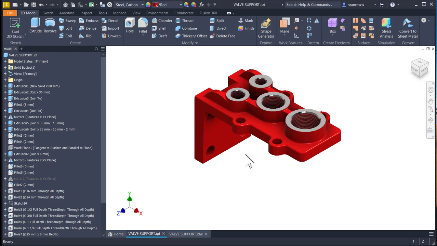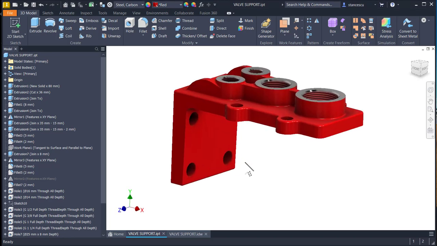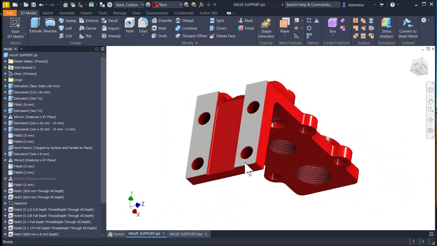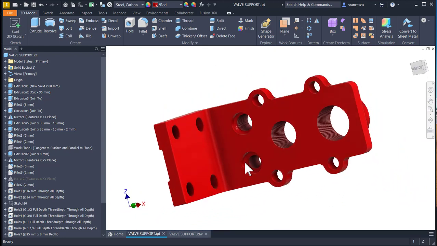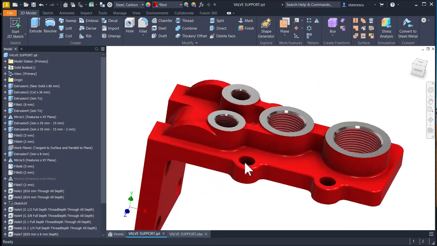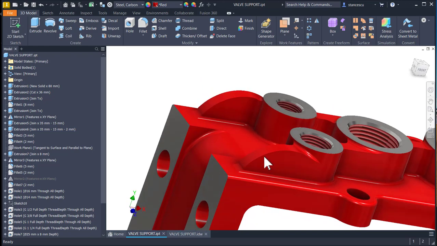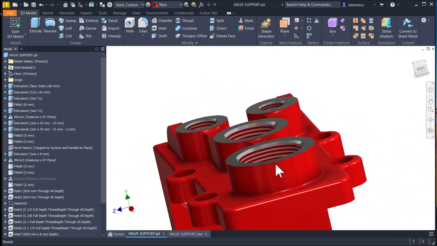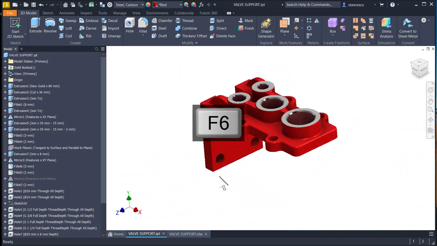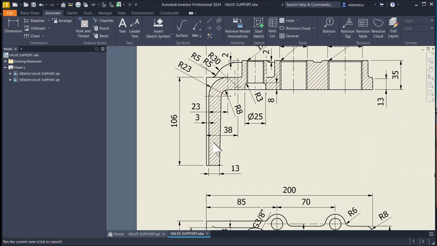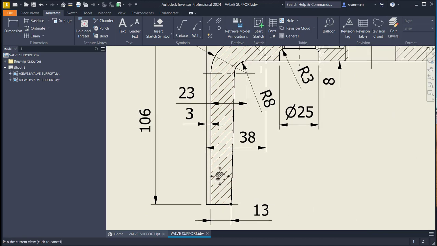Hi my friends, today we model this part. You see it has many holes and two ribs, two interesting ribs. The drawing is here. Name valve support. Here is a sloped line, as you can see,